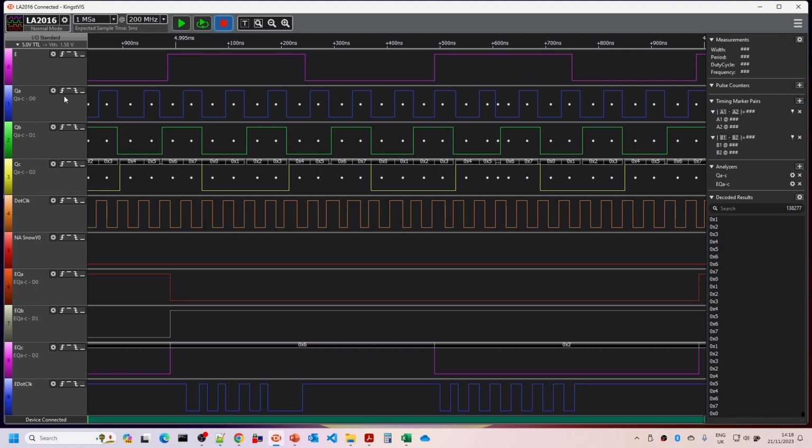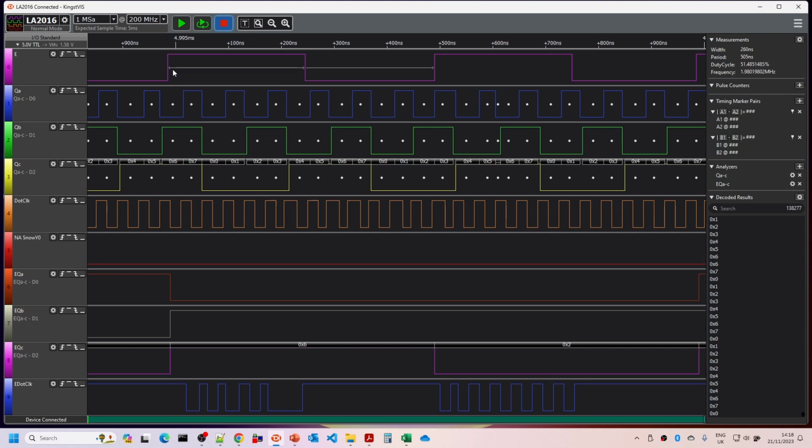We then have the dot clock. This is the clock that determines the pixels on the screen. That's 25 megahertz. If you look at the top right up here, we can see that's 25 megahertz. Then we've got the QA, which is that divided by 2, so you can see it's about 12.5 megahertz. Then we've got it divided by 4, so that's about 6.25 megahertz. And then QC, which is also the character clock, and that's about 3.1 megahertz. So these are the clock periods that we're getting from the CRTC controlling circuits.